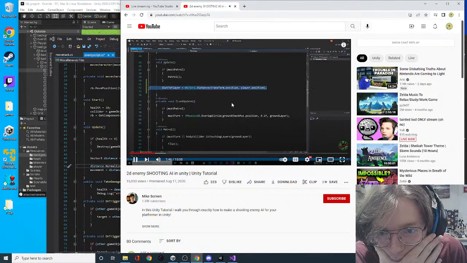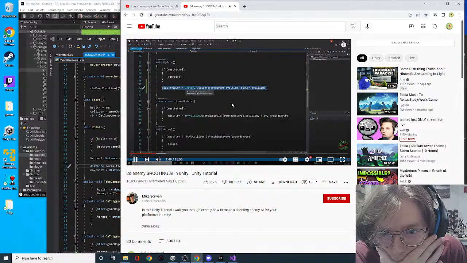And so now what this does is automatically calculates the distance between two game objects